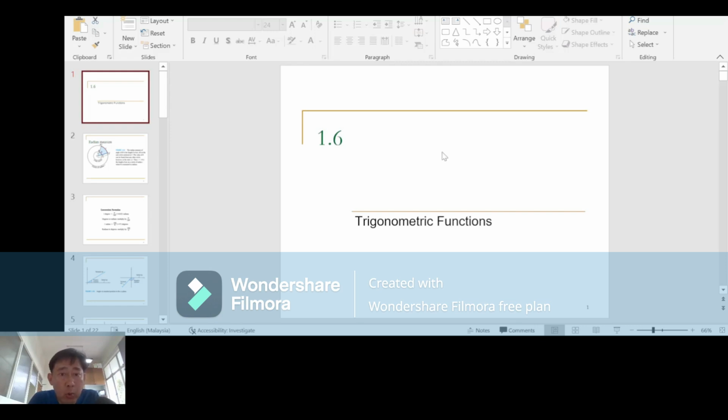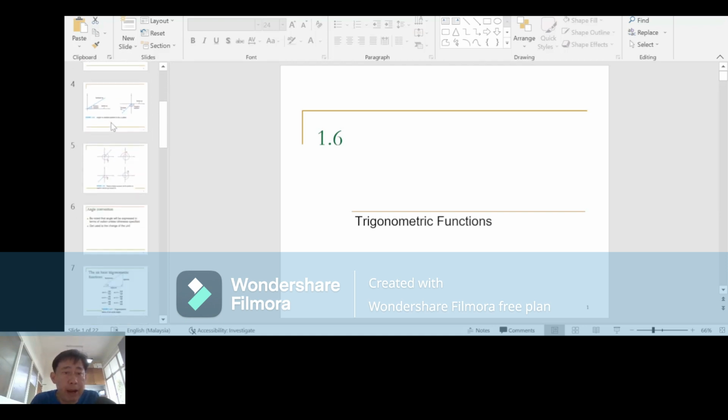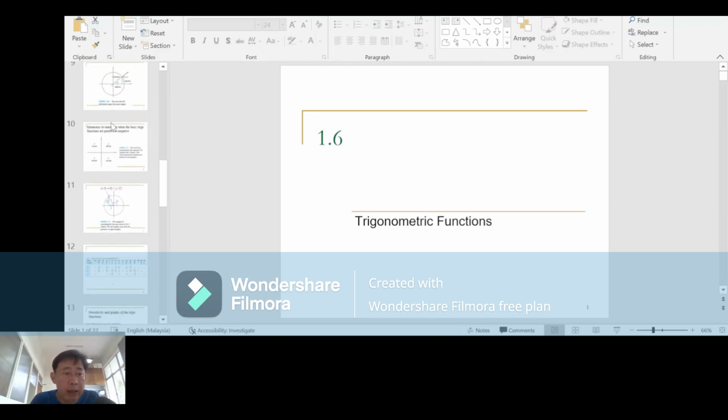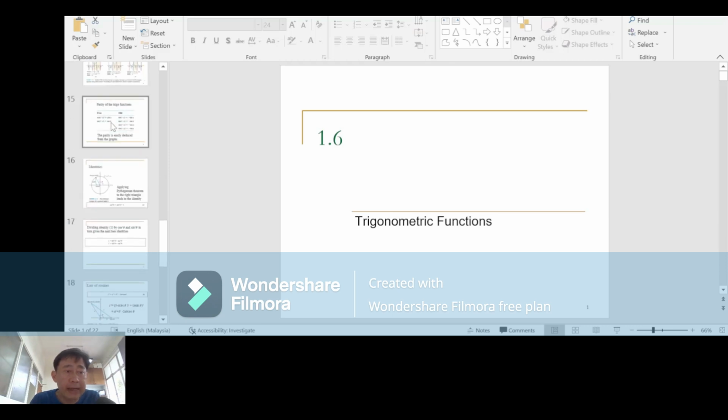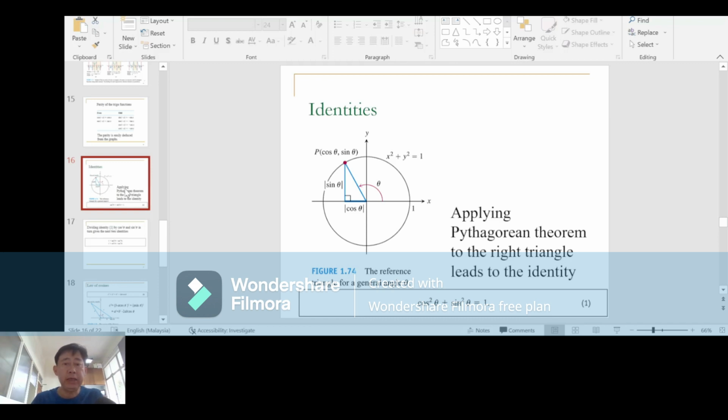In this video, we are going to discuss the second part of chapter 1.6 on trigonometric functions. So we'll skip the beginning, or the first part, in this topic and go straight to the identities of trigonometric functions. So we will begin talking about the identity and some information that you need to know about the identity